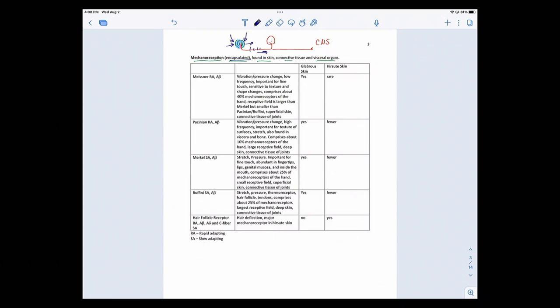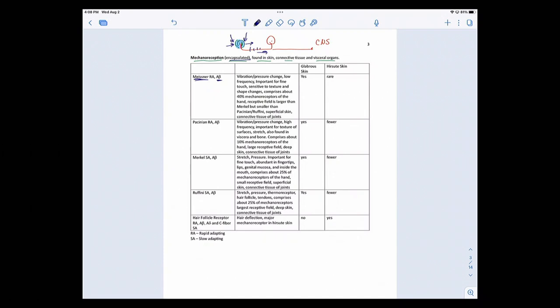Okay, so I have a chart here that has basically 5 kinds of receptors that are associated with encapsulated neurons at the distal end, the end that's in either the skin or the connective tissue or the visceral organ. So we're going to go by name and talk about them. First up is the Meissner corpuscle, and these are going to be your A beta fiber types. Those are the ones with pretty good myelination, not quite as good as the A alphas, but they have a pretty good amount of myelin in them.